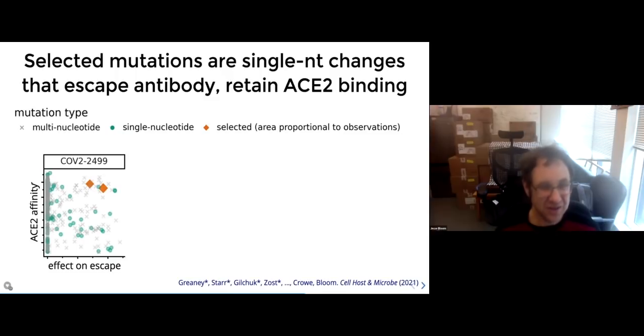So teleologically speaking, which I know you're never supposed to do in evolutionary biology, the virus sort of wants to escape by getting mutations here in the upper right, because these are the mutations that reduce antibody binding while also retaining good ACE2 affinity. And after we gray out with these X's all of the mutations that require more than one nucleotide change to the codon, you can see that there are only a small number of mutations that satisfy these 2 biochemical constraints. And the ones that actually arise in the context of the virus, shown here in red, are a small subset.